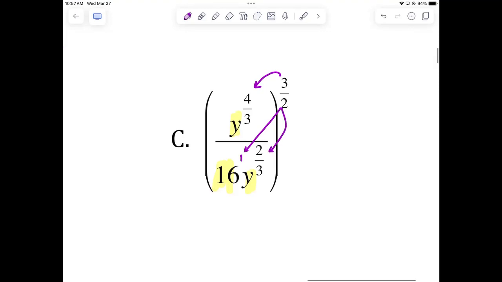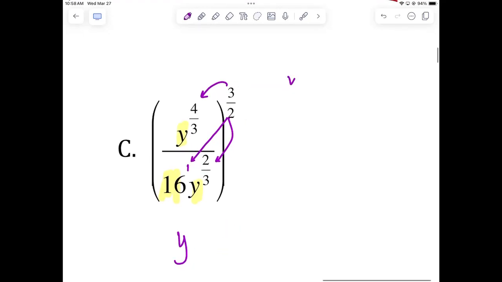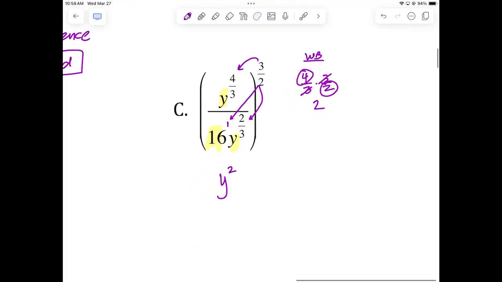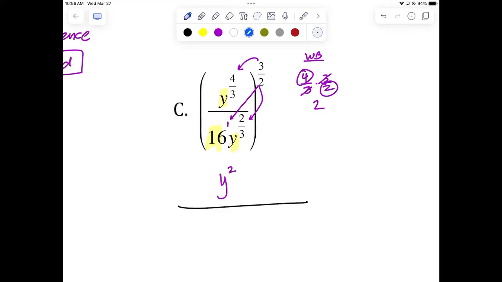Now, whenever I multiply fractions, I like to multiply them off to the side. So I'm going to get y to the, and then off to the side of my workbench, I'm going to do 4/3 times 3/2. That's the top. Now the 3's will divide out, and we're left with 4 divided by 2, which is 2. So now I'm going to bring the 2 back in over there. Okay, cool. Now it's divided by 16 to the 3/2. I'm just going to write it as 16 to the 3/2 temporarily. And then I got y to the,